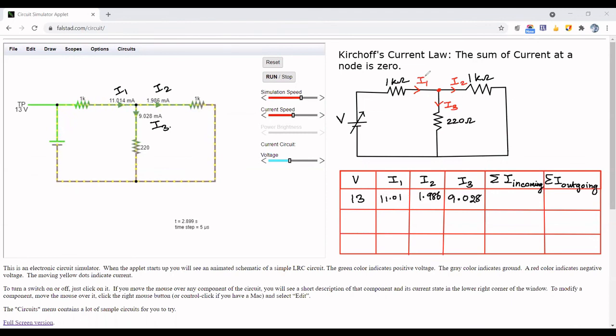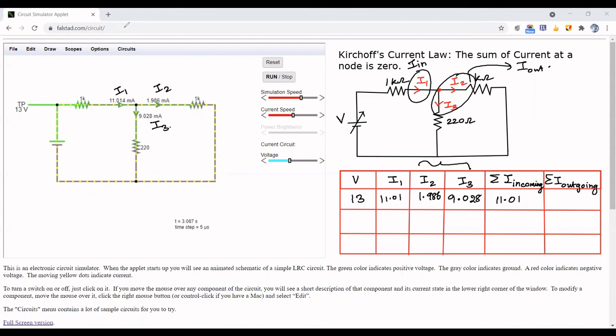From the circuit, it is seen that I1 is the current which is incoming, and these two currents are the outgoing currents. And hence, now add the outgoing currents together. So here it is 11.01, and add the incoming currents together and verify if incoming current is equal to outgoing current.